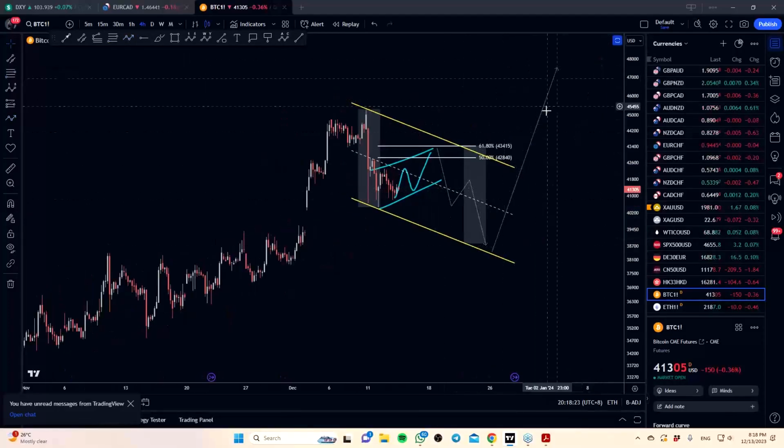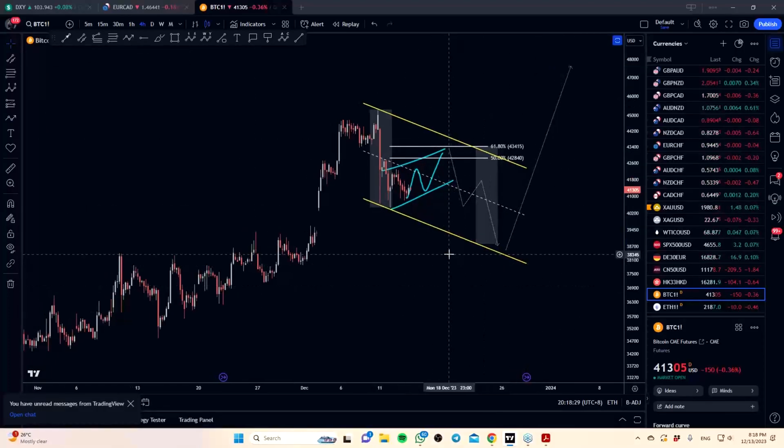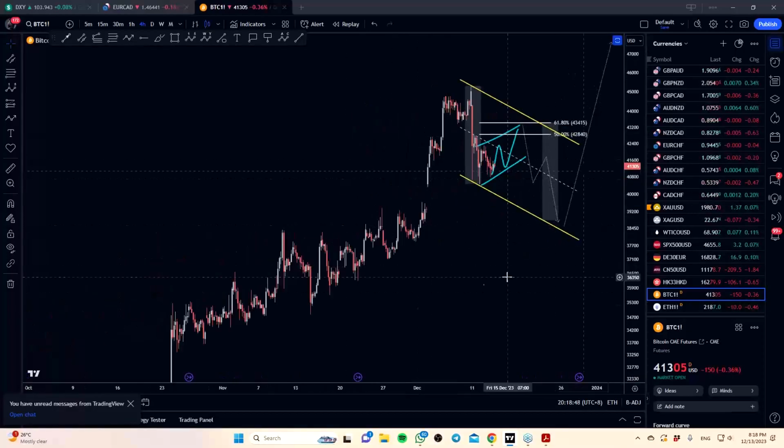Of course, this is a little bit into the future, but you can see what we're doing here, as I mentioned, it's called forecasting. It's called trade planning. We are planning way ahead of the market, to know that if the market does this, how are we going to respond to it. So we are no longer in a reactive state. We are always way ahead. If the market does this, I'm going to do this. If the market does that, I'm going to do another thing. So that's my take on BTC.